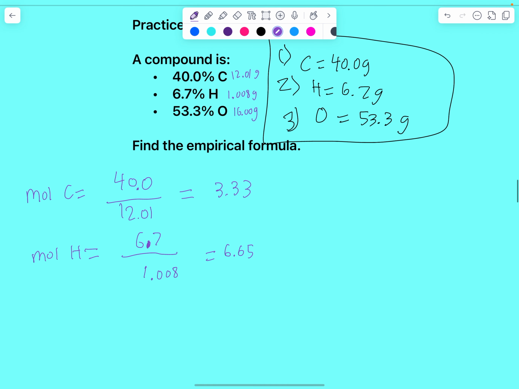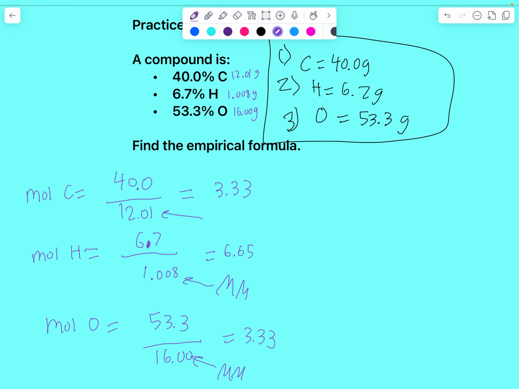I'm going to do it for oxygen. Moles of O equals 53.3, my given, divided by 16. And I got 3.33. So if you notice, the molar masses kind of go down here. You see the trajectory, MM for molar mass. All right, I think you guys do. Okay, so